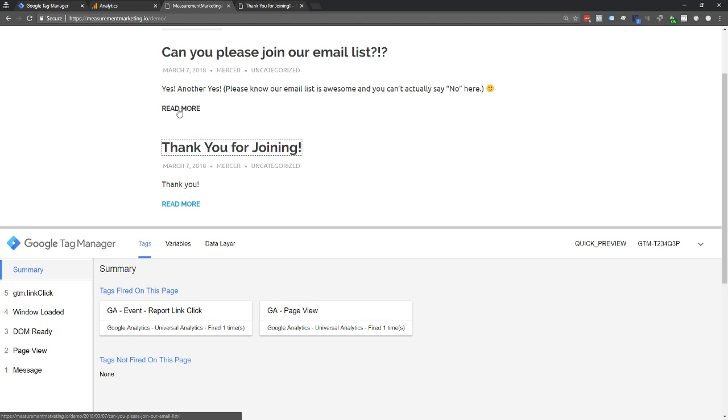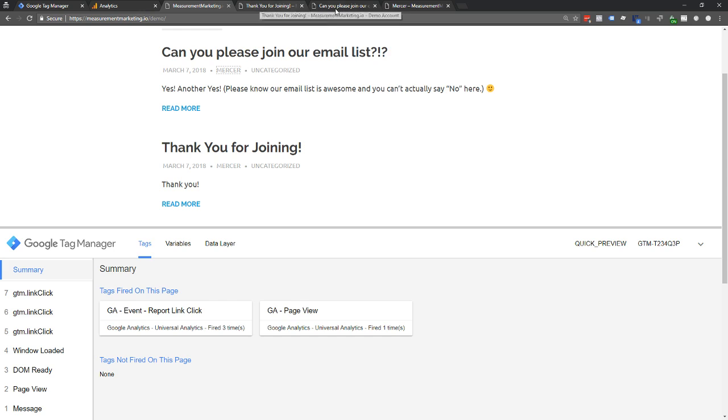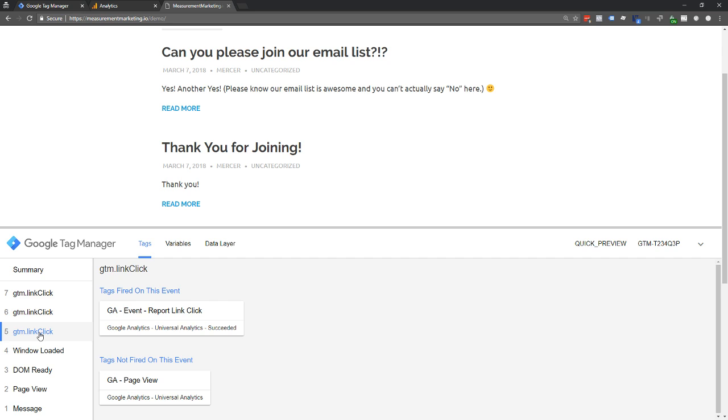Watch, I'm going to click on this one now. It says "read more." I just clicked on that one with a control click. And now I'm going to click again. Actually, this time I'm going to click where it says Mercer right here, so we'll control click on Mercer. You can see these different tabs opened up every time I clicked because I'm on a PC doing control clicks. Now I'm going over to my Tag Manager, saying, hey, I've set this thing 3 times, right? One for each of these clicks. I can go to Tag Manager and ask, what was the information you knew at number 5?